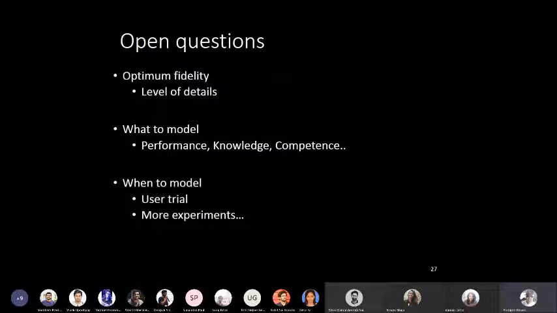And then there is a big controversy: can a user model replace real user trials, that means experiments with real users, and why can't we just go for more experiments? So the proponents say that, well, a user model can open a much bigger design space to you. That means when you are doing an early stage design, like when you do, say, conceptual design in your MDIS project, many times you have to do, say, 10 conceptual designs. So it is not possible or feasible for you to do embodiment design and implement all these 10 conceptual designs and evaluate them with user trials.